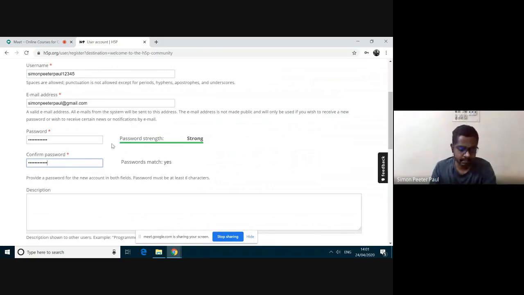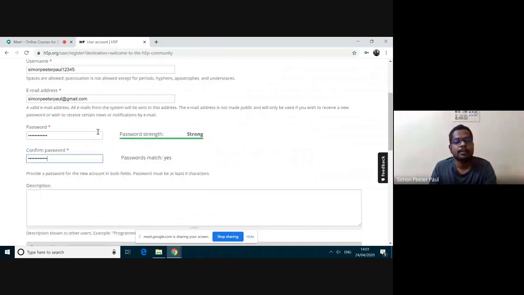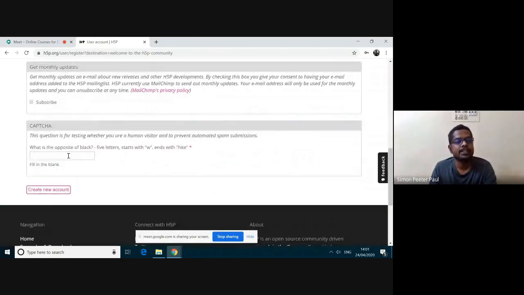Okay, it gets matched, and then I'm scrolling down, and then the captcha, the same question we saw yesterday. What is the opposite of black? A 5-letter word, starts with W and ends with HIT. So the opposite of black is white, and then click free account and create new account.